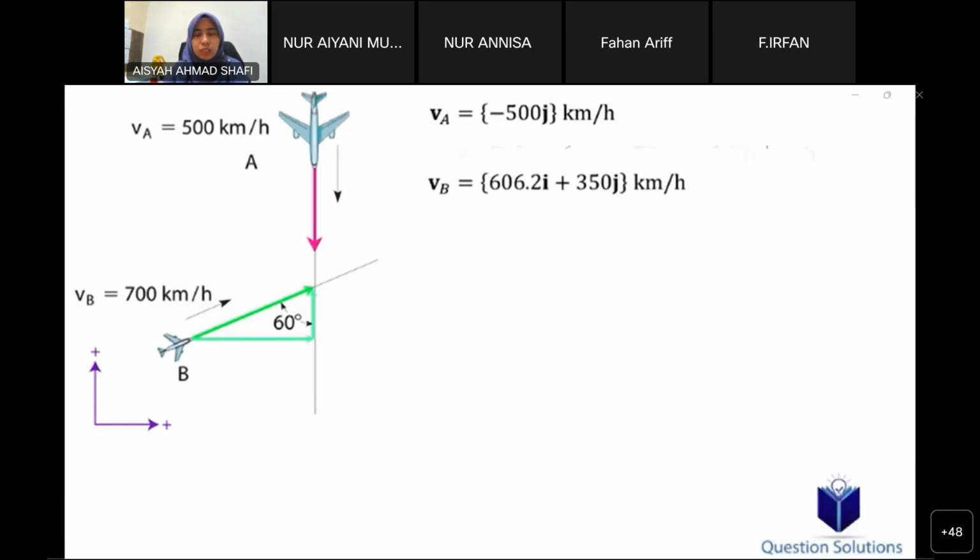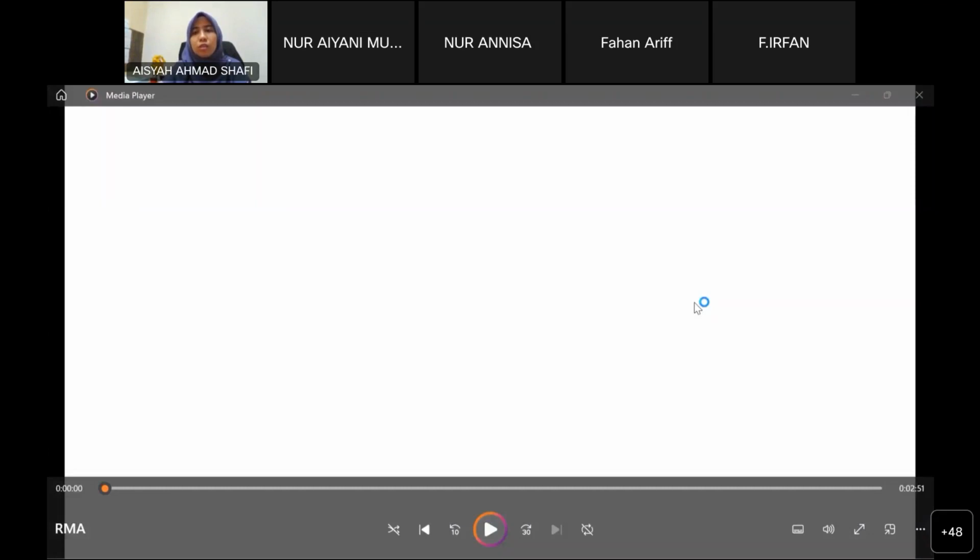Now that we have both the velocities, we have to use our relative velocity equation. The question says we need to find the velocity of plane B with respect to plane A. Actually, it is okay if the question does not ask you in the unit